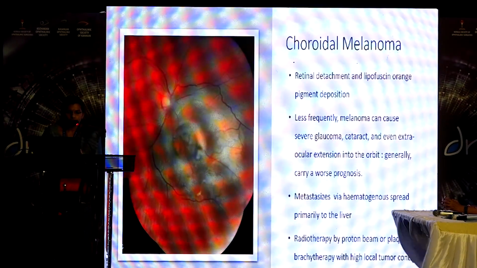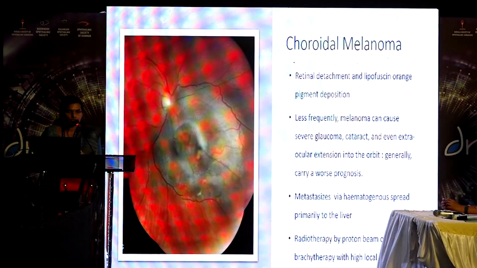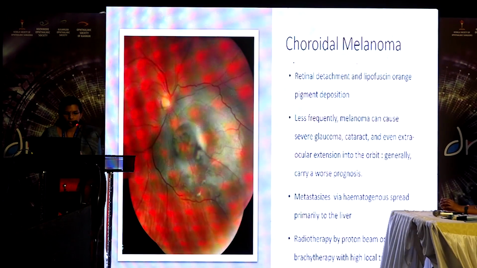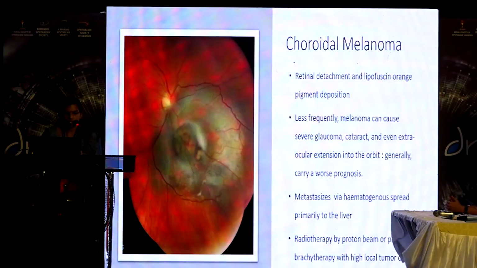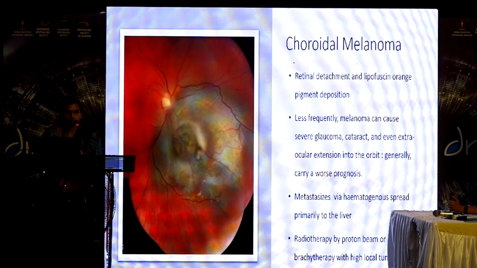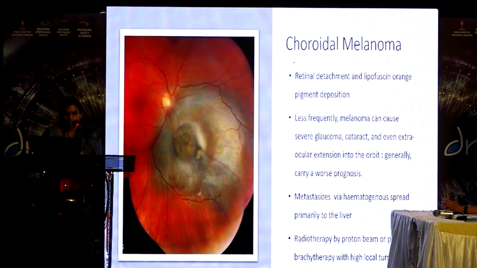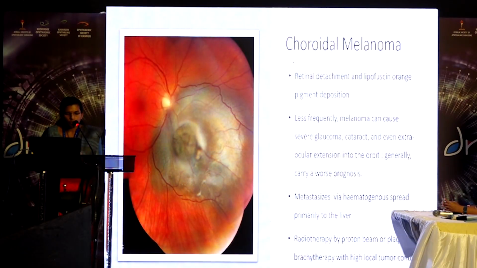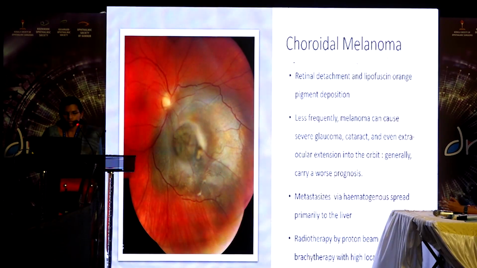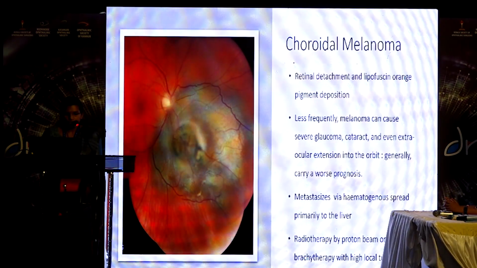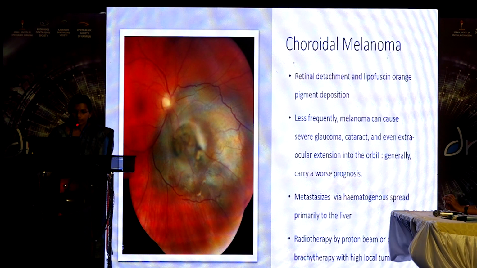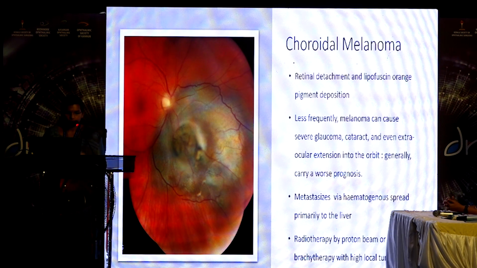Retinal detachment and lipofuscin orange pigment deposition are seen in a melanoma lesion, and less frequently it can cause severe glaucoma, cataract and even extraocular extension to the orbit. In such a situation, it will be a poor prognosis. And the common metastasis will be to the liver through hematogenous spread. The treatment options are radiotherapy by proton beam or plaque brachytherapy, with high local tumor control and a 90%